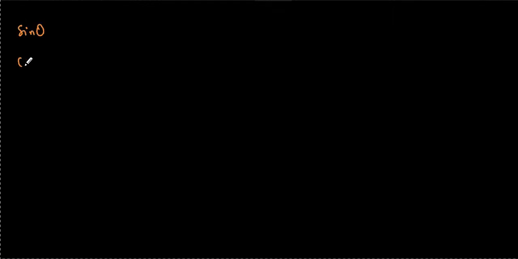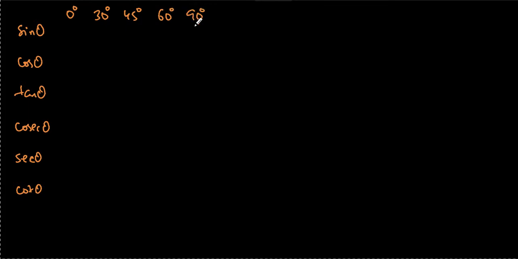Let's find the trigonometric ratios for 5 commonly occurring angles: 0, 30, 45, 60 and 90 degrees. If you consider the unit circle,